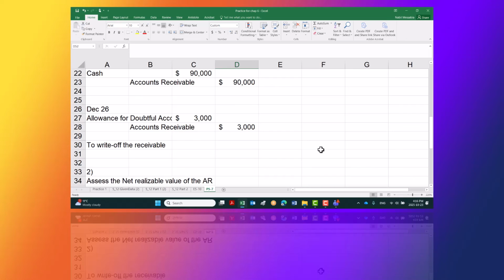Not connected means independent, which simply means now we get to a regular class where I may miss an item, a topic, and then make up with another one since they are not connected. So if for some reason you feel not comfortable with the receivable, you can skip it, no problem. In the final, we'll have just one problem about receivable. What you learned or what you did not manage to learn for receivable is not needed to understand inventory. So you may skip a topic and get familiar with another topic because they are not